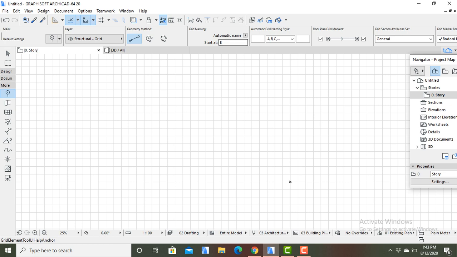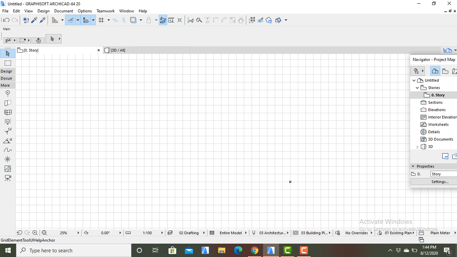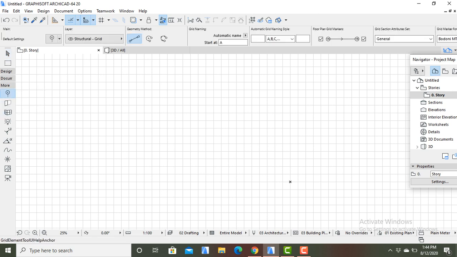Then there is a very important aspect here, what we call the automatic naming system. For the automatic naming system, we need to have that starting as A. Of course, we need to start our naming processes from A. So we go back and start